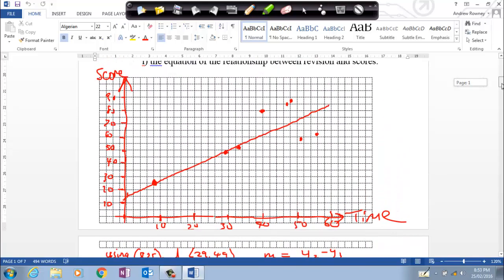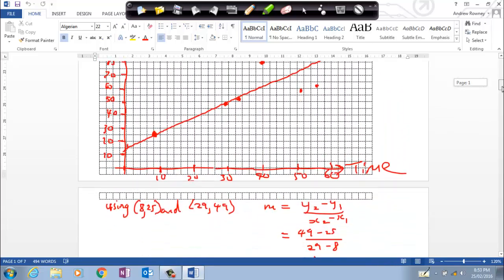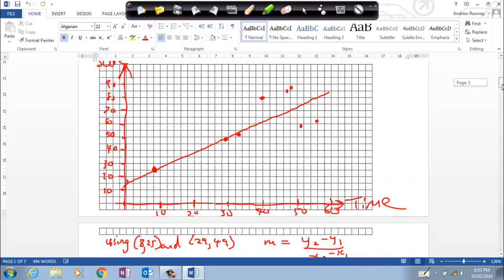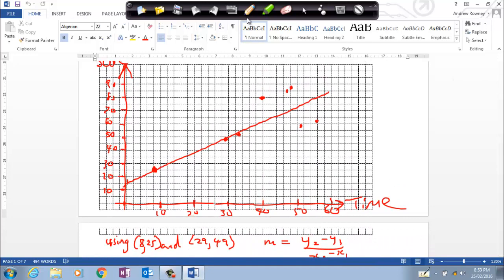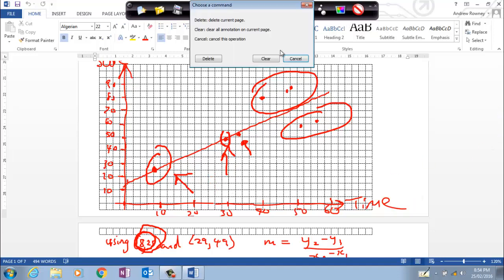Now to work out the equation, we need a slope and a point, so that we can use y equals mx plus c. And to work out the slope, we need to get 2 points that actually are lying on the line. Now 2 points that lie on the line would be this one here, which actually is 8.25, and that's the point written there. And the other point we could choose is this one. See, those two seem to be good points that lie on the line. That one there, we could have chosen that, but these aren't lying on the line, so we wouldn't use them. So to work out the slope between these 2 points, we're going to use y2 take y1 on x2 take x1,